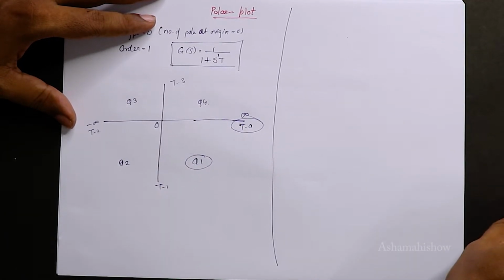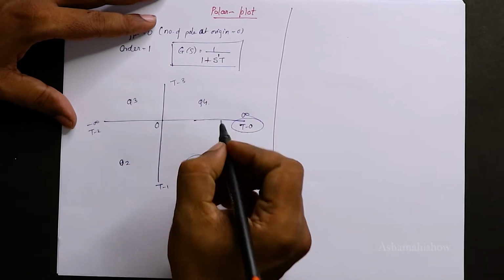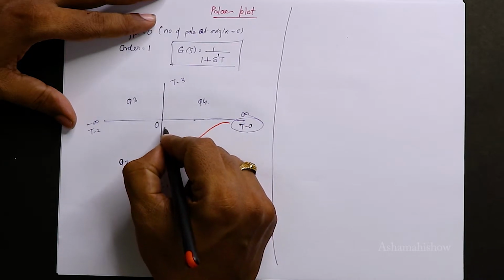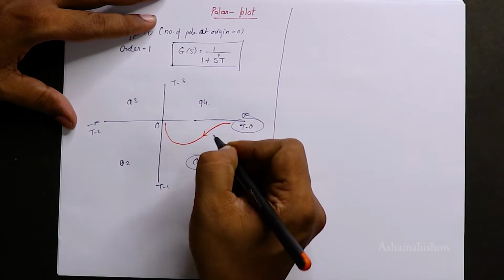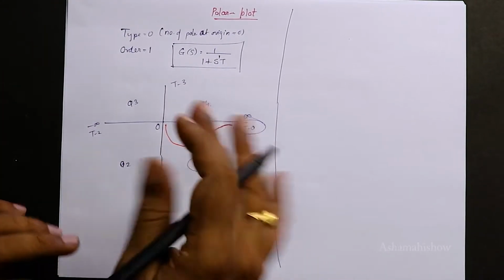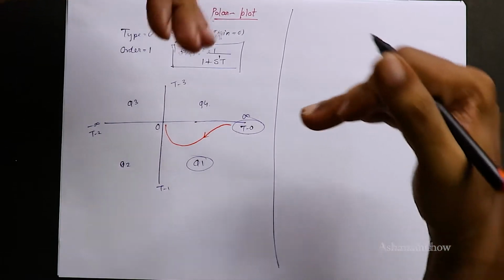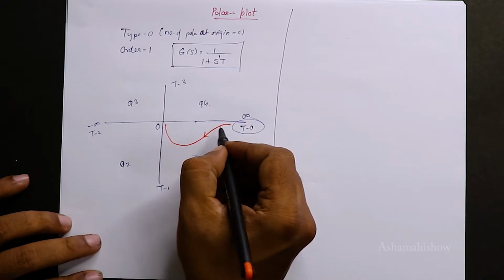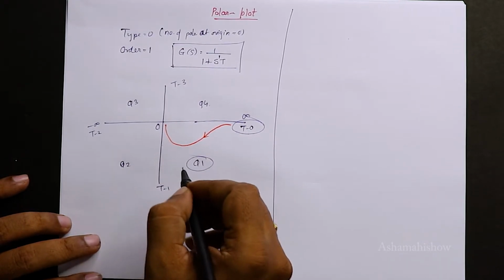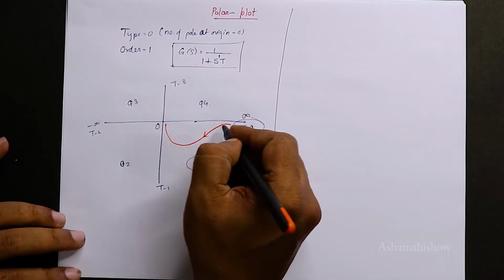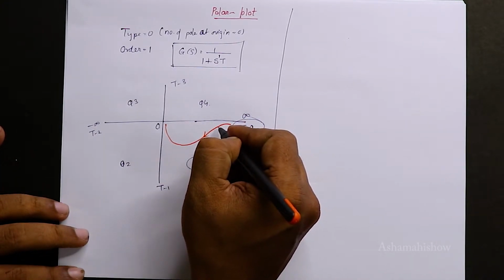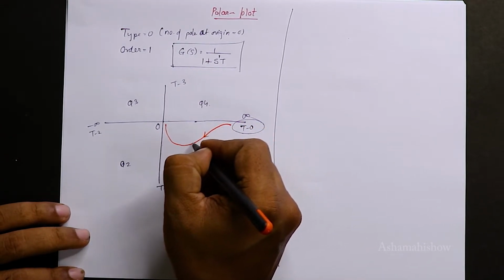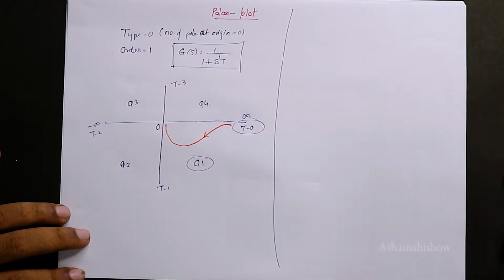So how we will be drawing is from infinity coming to 0. Taking a pen here, from infinity, draw a graph like this and bring it to 0. Don't make it touch the 0. So this is how your omega is approaching 0. All the plots will be approaching from infinity to 0. Your phase plot is approaching from infinity to 0. And what was this bend? I'll tell you when you are doing a problem. We cannot draw a straight line like this on the real axis, so we start from infinity and it approaches 0.